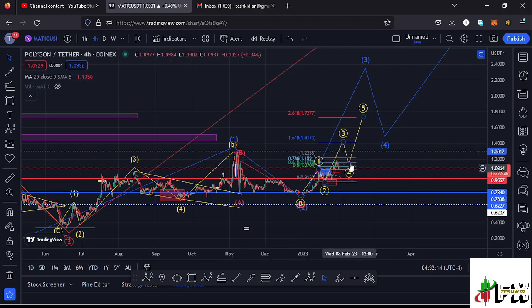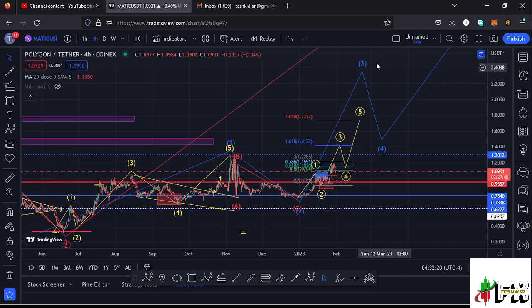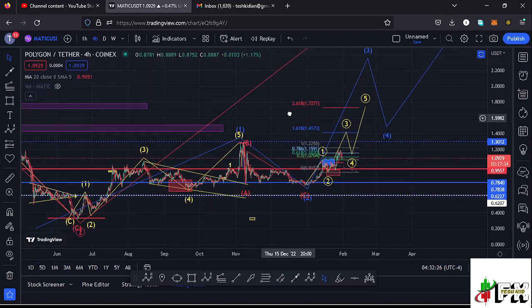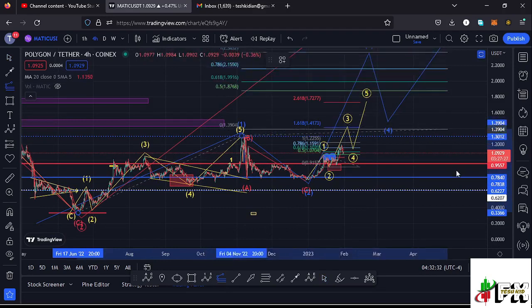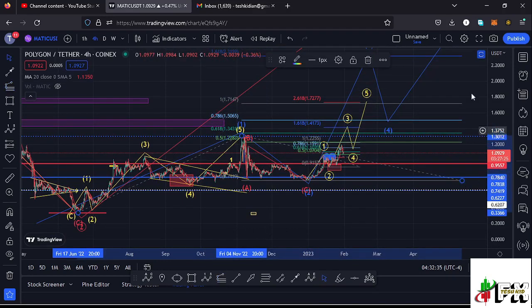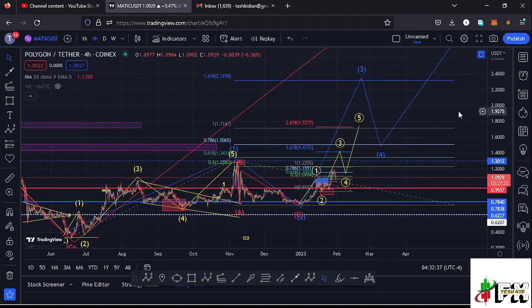So a break above that dotted line would mean that we are regaining our impulsive nature in the formation of this wave 3, and there are chances of fully maximizing the target area to the upside in the formation of that wave 3, which we can get using the trend-based Fibonacci, connecting them from the low of the first wave to the high of that wave 1, then dragging the fibs to the low of the second wave, and that gives me a minimum target area at the fib level 1.618, which perfectly lies at around the $2.3159